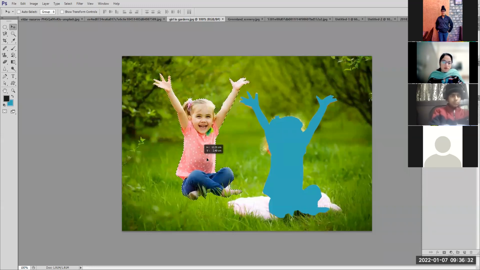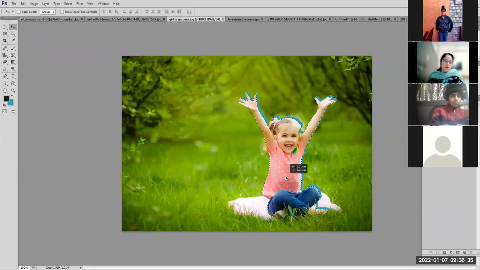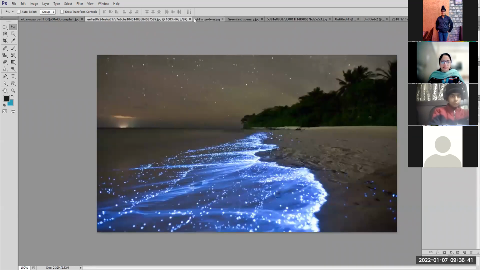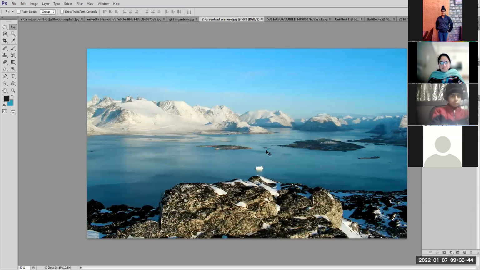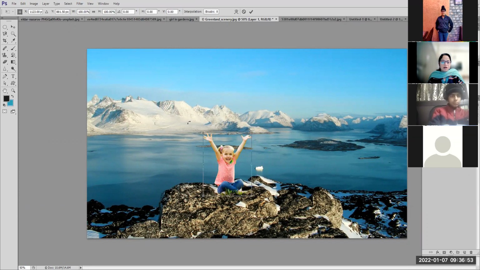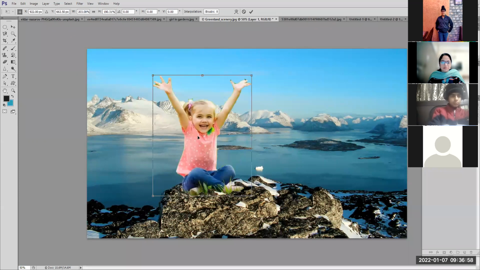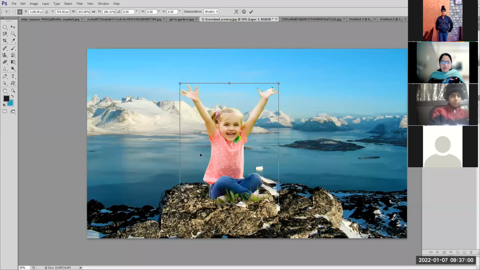I can change its background by pasting it on another image. Control C. You can go to any other background. Control V. Control plus T for transforming. Now you can have it like this. Got it?